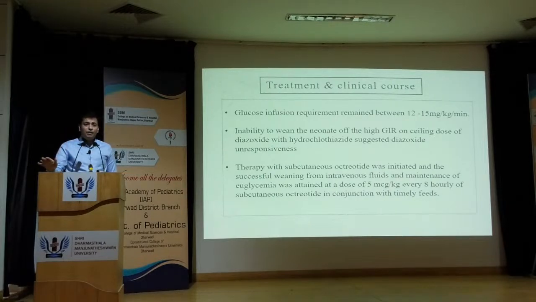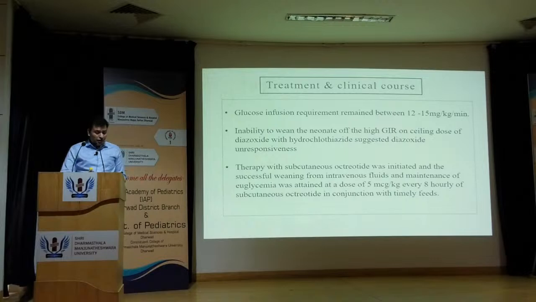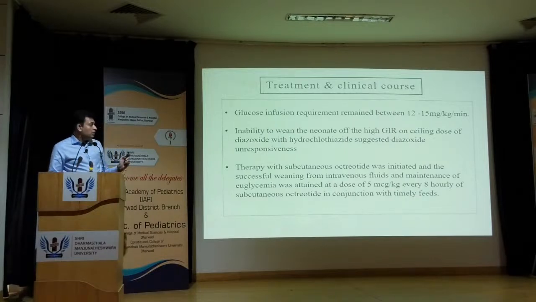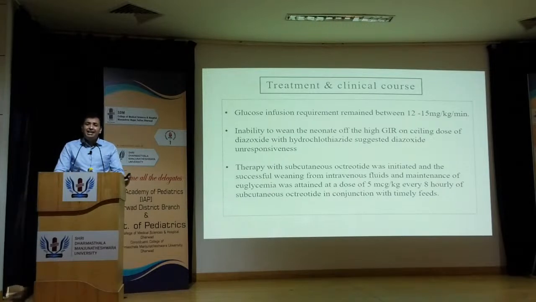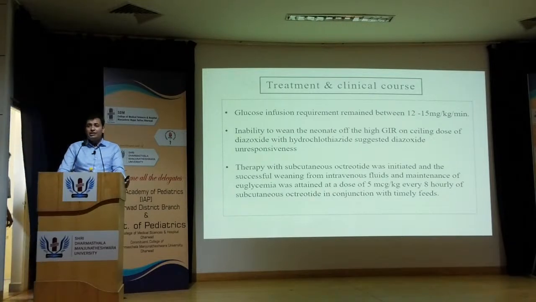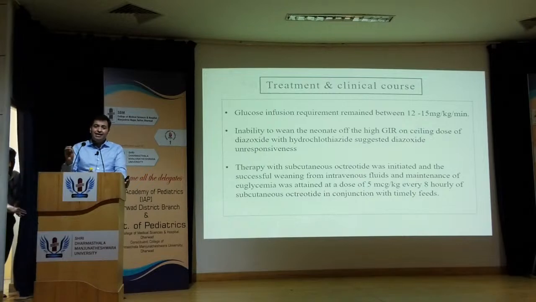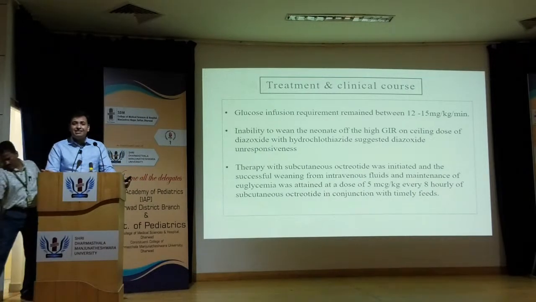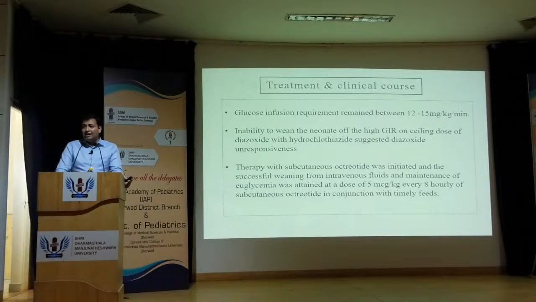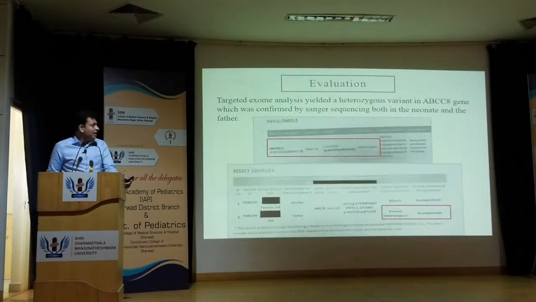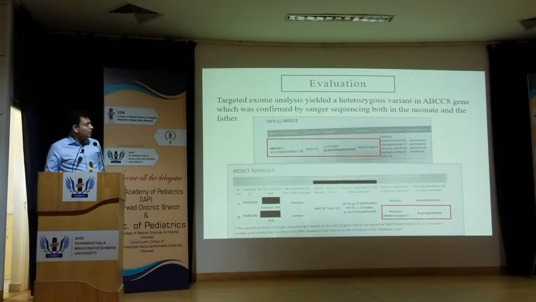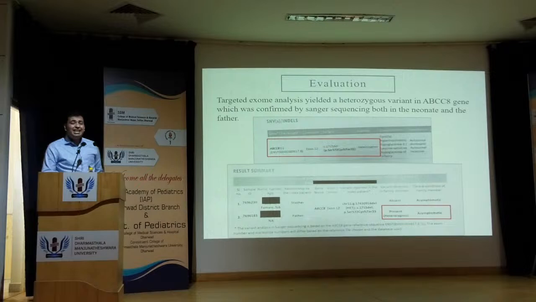The case was diazoxide unresponsive hyperinsulinism, responsive to the somatostatin analog octreotide. Usually, babies who have diazoxide unresponsiveness and persistent hyperinsulinism end up having a homozygous mutation in one of the insulin secreting channel genes, the KCNJ or ABCC8. So we thought that would be the case here, and we sent the exome analysis for the baby, and to our surprise, the results did depict a mutation or a variant in the ABCC8 gene, but this was not homozygous